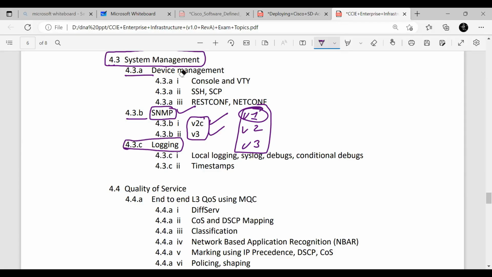Then logging: local logging, syslog, debug, conditional debug, and timestamps. So now about logging, which we call system logs, right? Actually, whenever we see that something is happening on the device, that thing can be